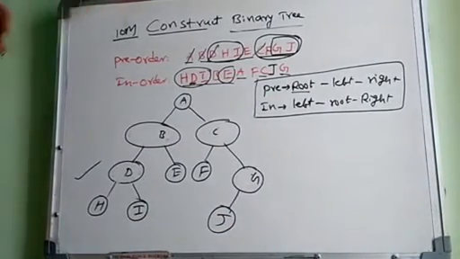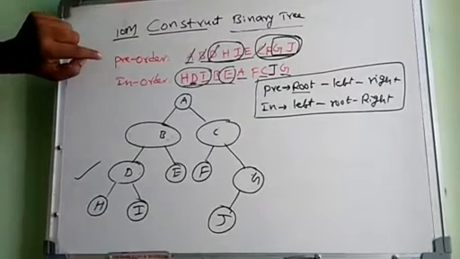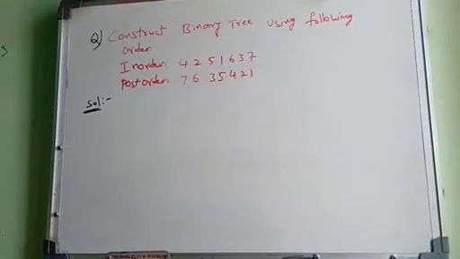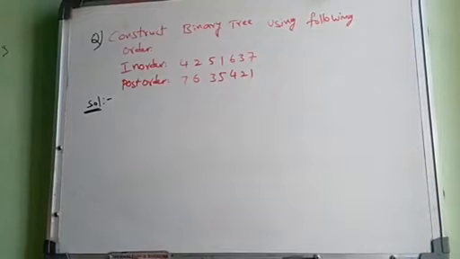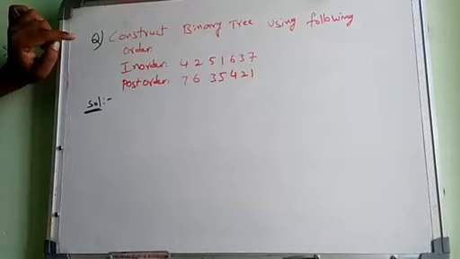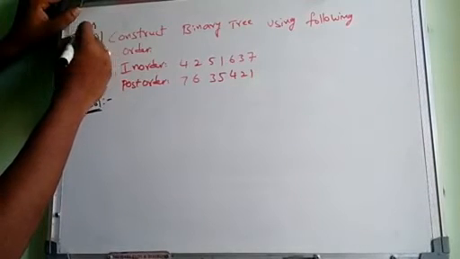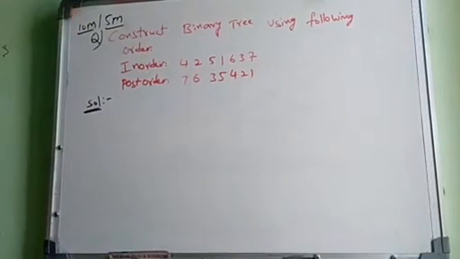So this is the construction of your binary tree from pre-order and in-order. Okay. Let's consider one more example, but the order differs here. We are taking the input as in-order and post-order to construct a binary tree. So this is a way of questioning in the external examination. Mostly they will ask a 10 marks question or 5 marks question, but a definite question comes from this topic, construction of the binary tree.